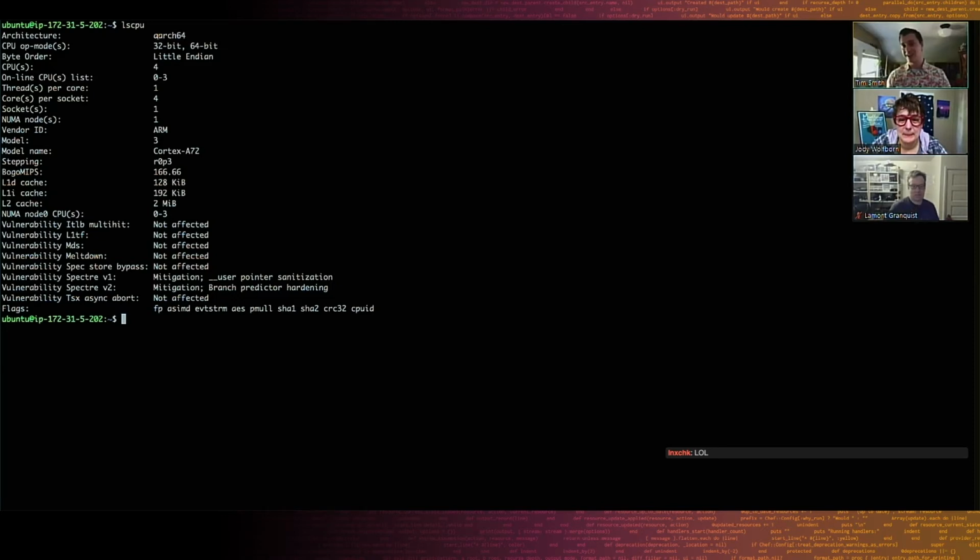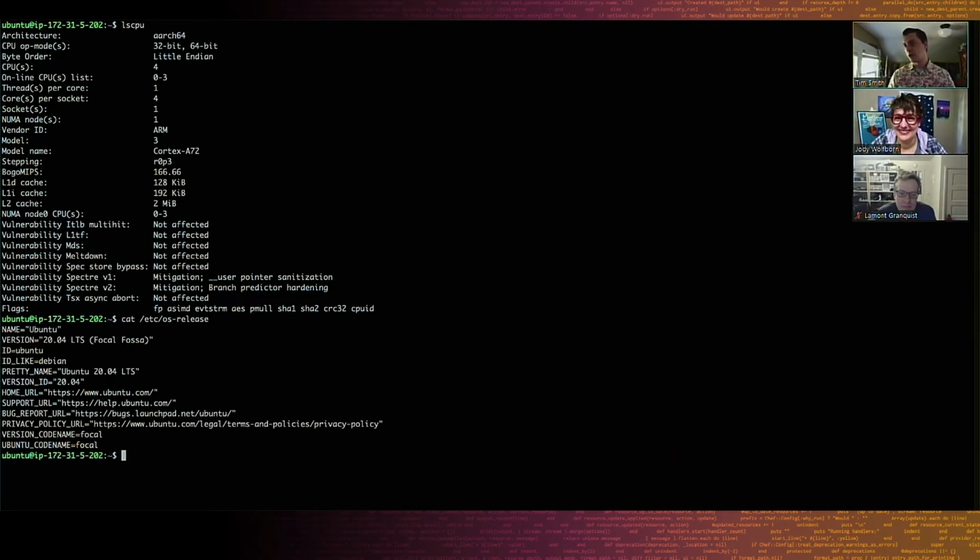They're a little cheaper for people who like that. If you just need simple web servers, they're the way to go. And this is also an Ubuntu 20.04 box. So we have an Ubuntu 20.04 ARM box. Neither of these things were supported in Chef 15, but they are now.